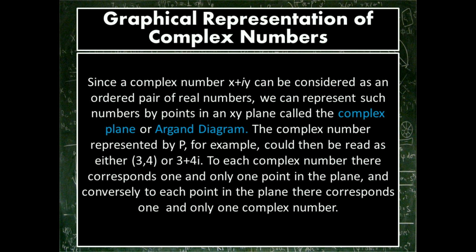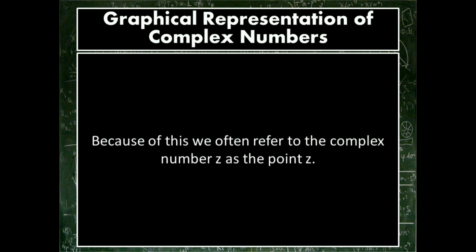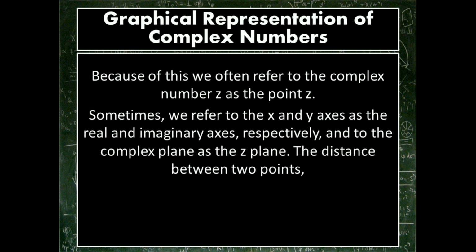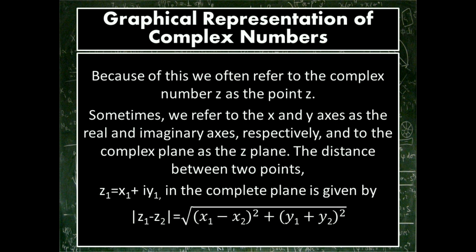And conversely, to each point in the plane, there corresponds one and only one complex number. Because of this, we often refer to the complex number z as the point z. Sometimes we refer to the x and y axis as the real and imaginary axis, respectively, and to the complex plane as the z-plane. The distance between 2 points, z sub 1 equal to x sub 1 plus i y sub 1 in the complex plane is given by